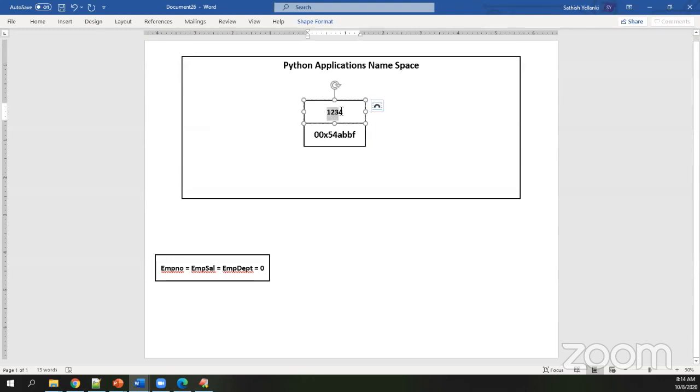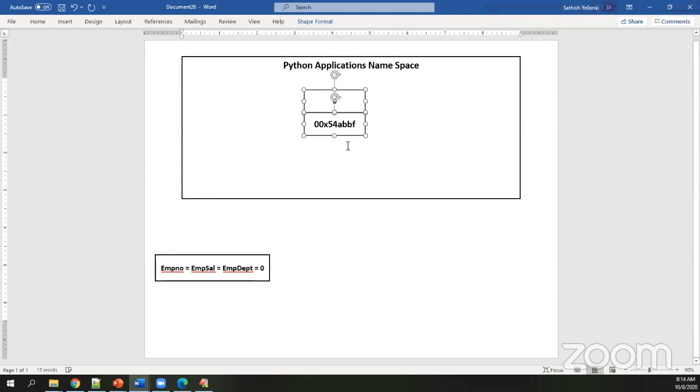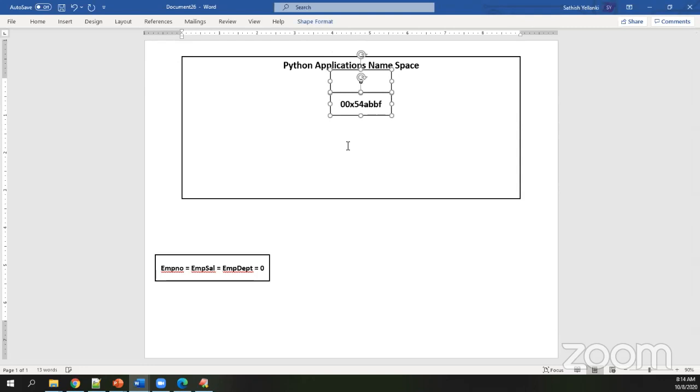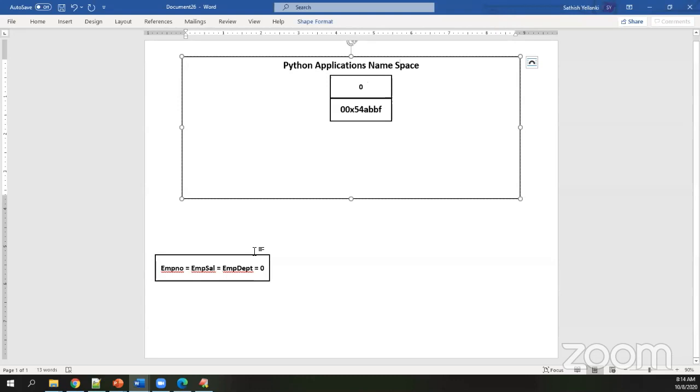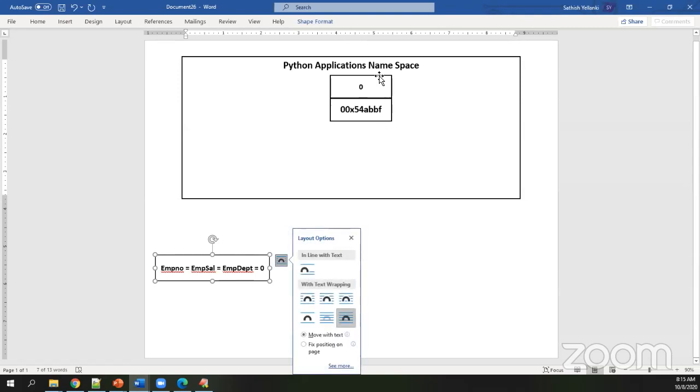It is allocating one memory location and then it's keeping 0 there. Am I clear with you? Now, within your particular programming space, where you are actually writing the program, you just need to understand.